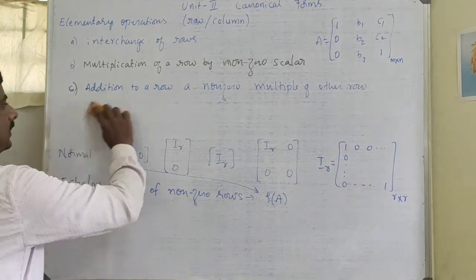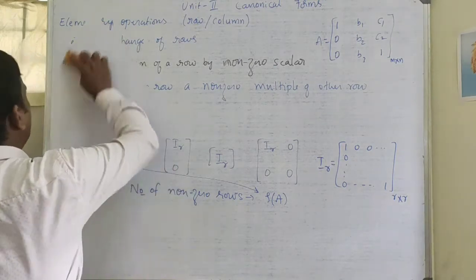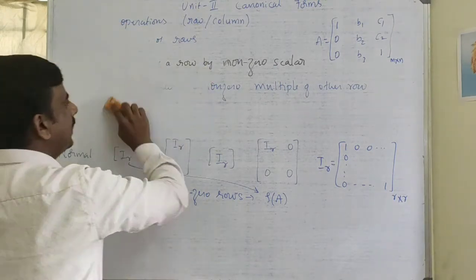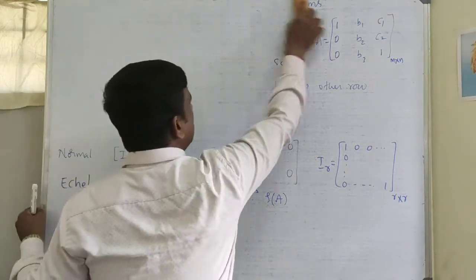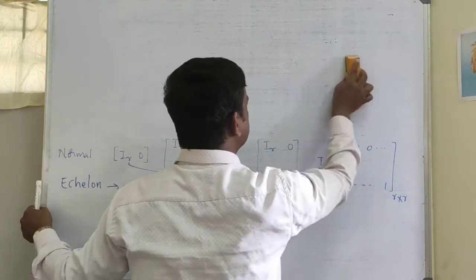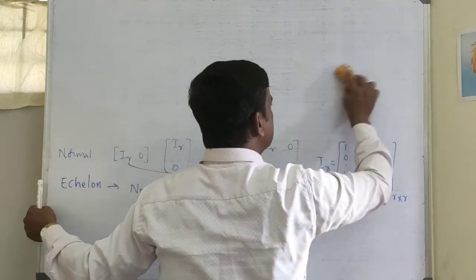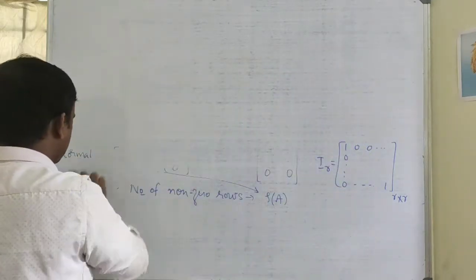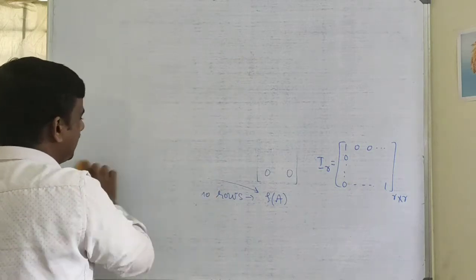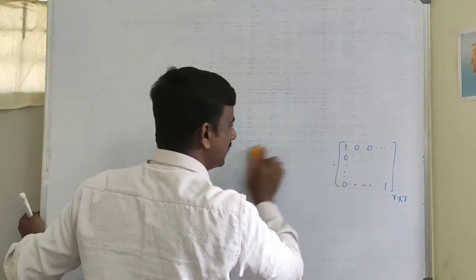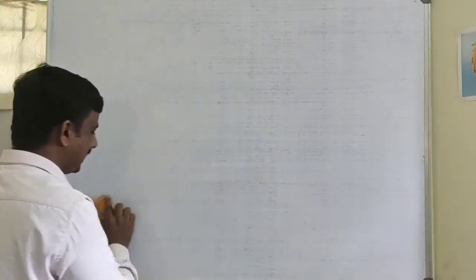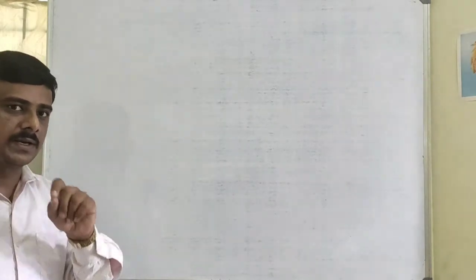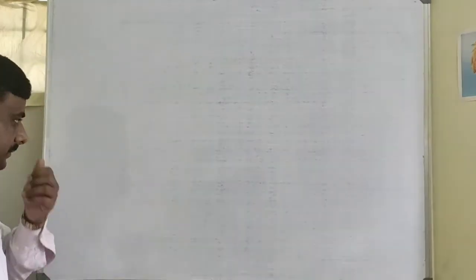Now we shall discuss a problem on normal form of a matrix. The matrix will be given, and we shall explain the procedure. The first step is to check whether the leading entry of the matrix is 1. That is, the first entry of the first row is 1. Usually you will be given a matrix whose leading entry is 1.